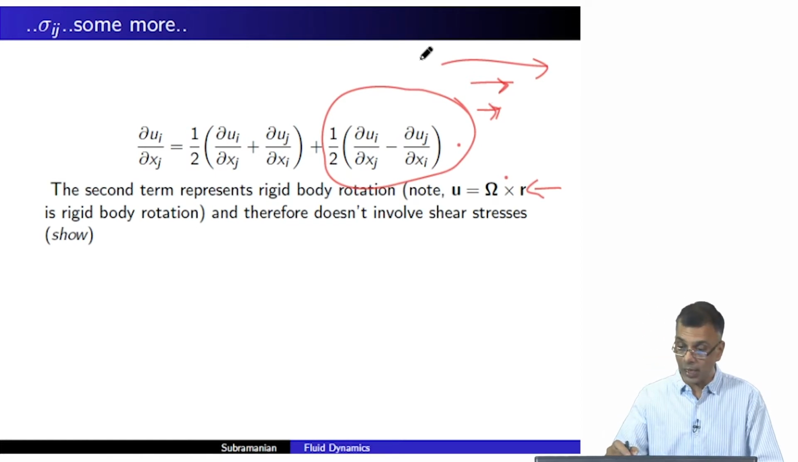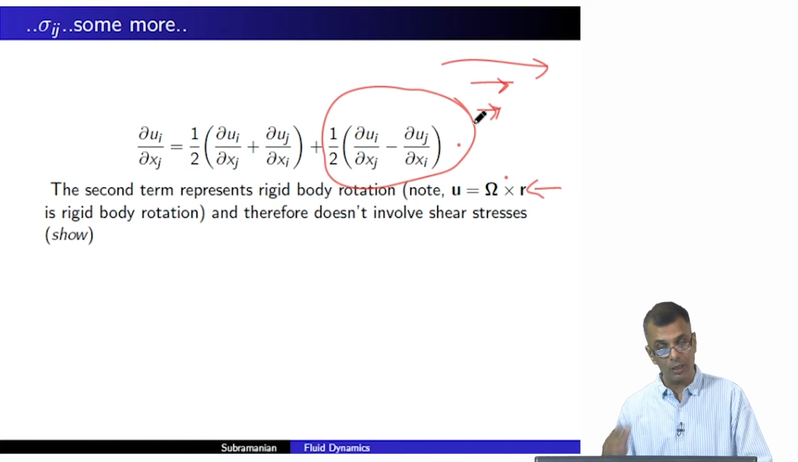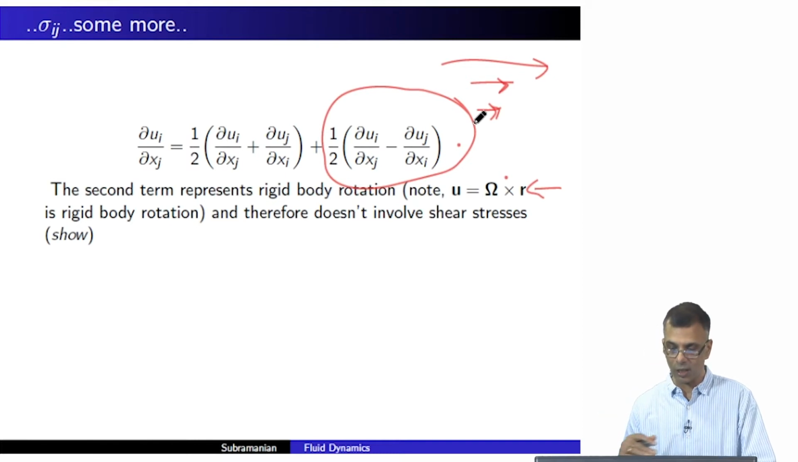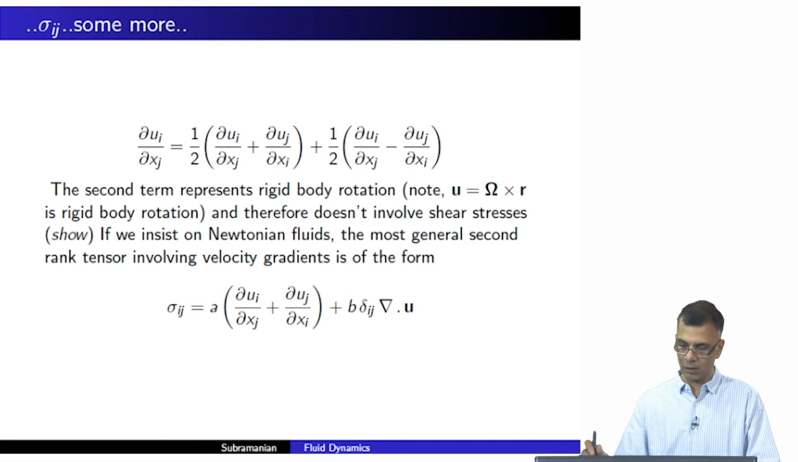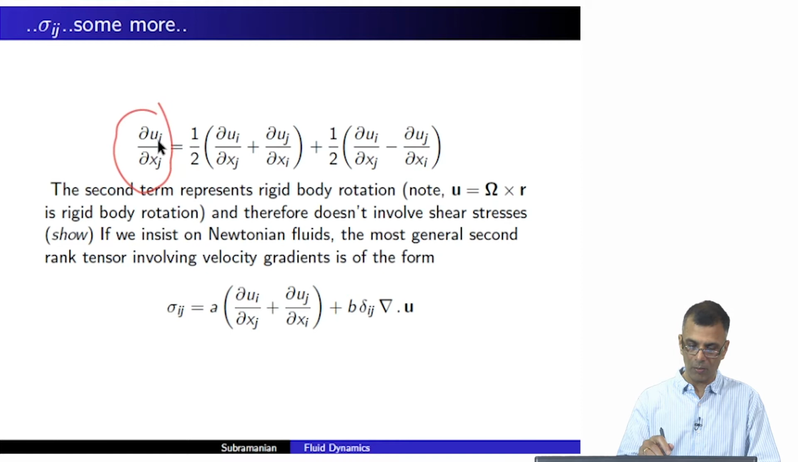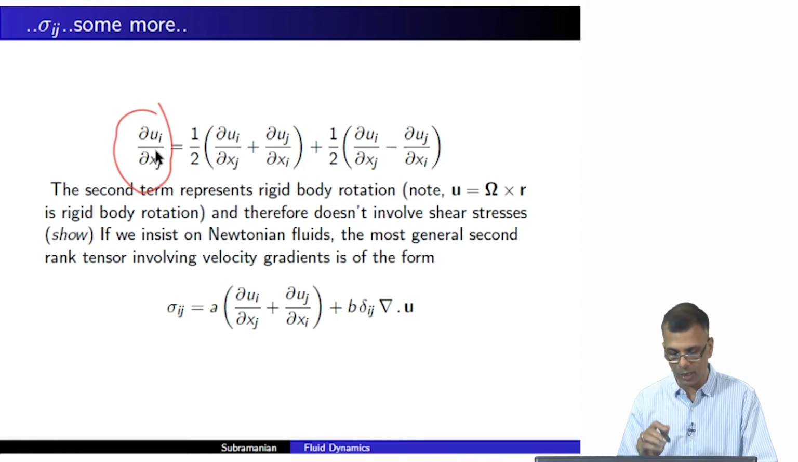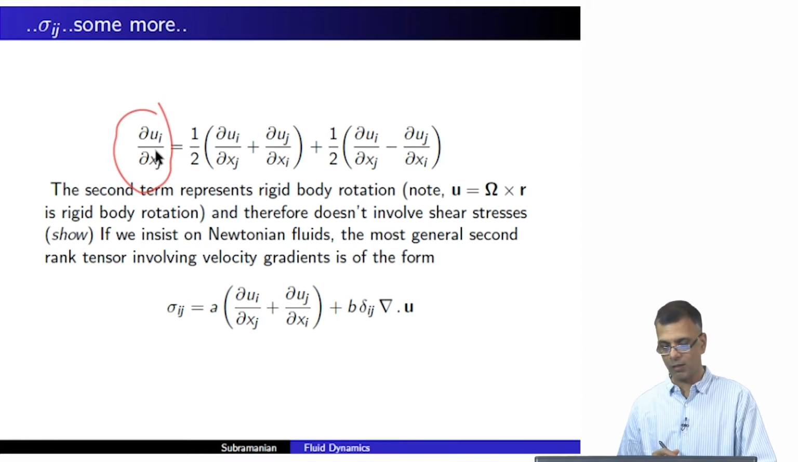I mean, the length of the velocity vector is decreasing. It's rigid body rotation, so this does not involve shear stresses. Now, if we insist on Newtonian fluids, the most general second rank tensor, which is what this is, second rank because it has two indices, i and j, involving velocity gradients, is of